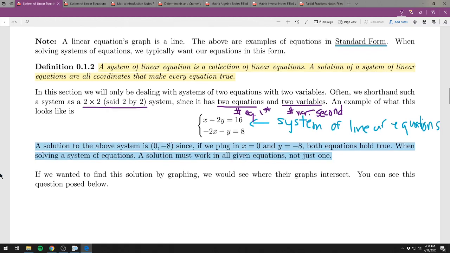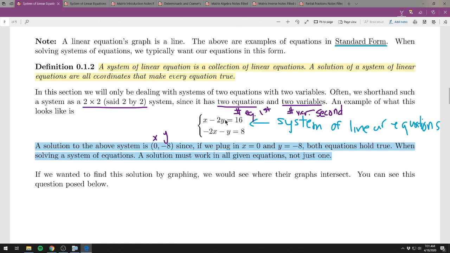All right, in this example, a solution to this system of equations is x equals 0 and y equals -8. Once again, we're not really doing anything specific here. I'm just telling you this is a solution. The reason we know it's a solution is if you plug in x equals 0 and y equals -8, then it solves both equations. So if we plugged in x equals 0 and y equals -8 in the first one,